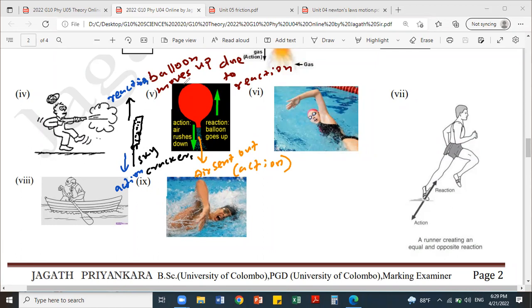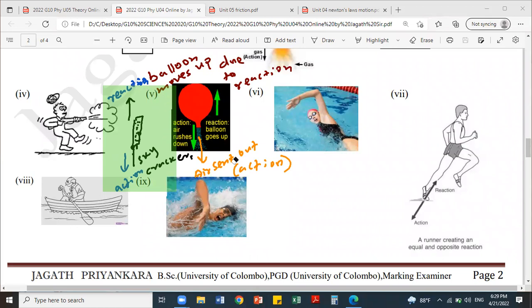Is that clear? There are many examples. Don't know which example they'll give in the exam. They can give different situations. The skycracker I have not given in your notes, but you can write it separately. I have given nearly 9 examples. You can add one more example like this. Okay, skycracker. Then next one,